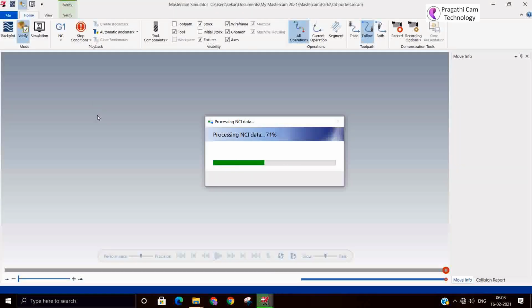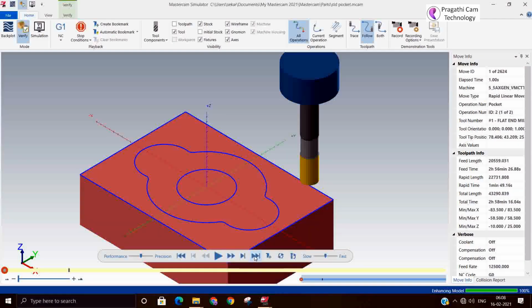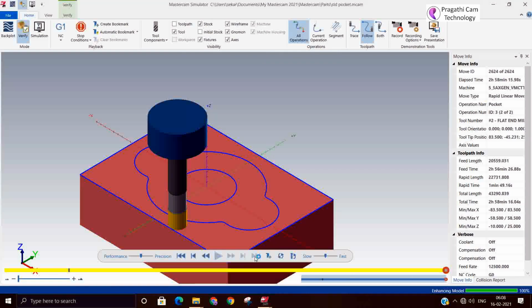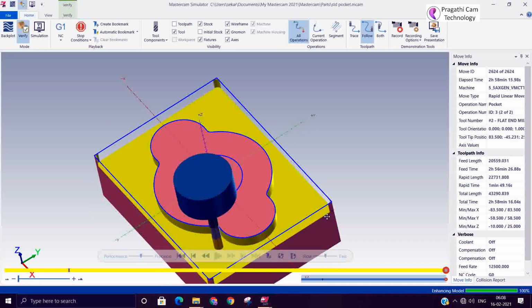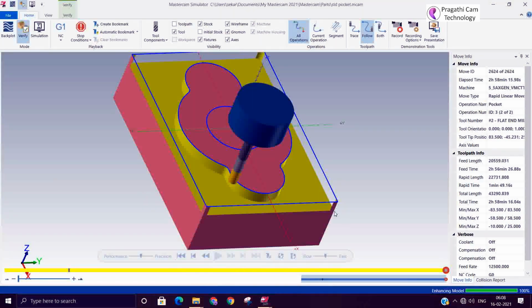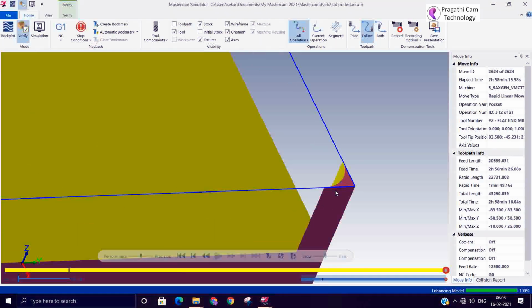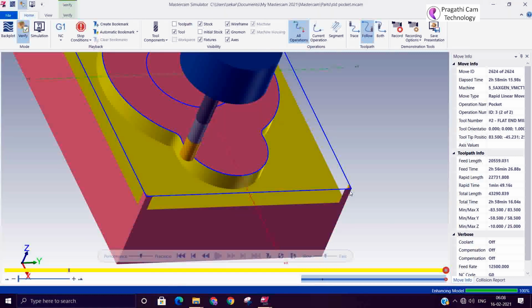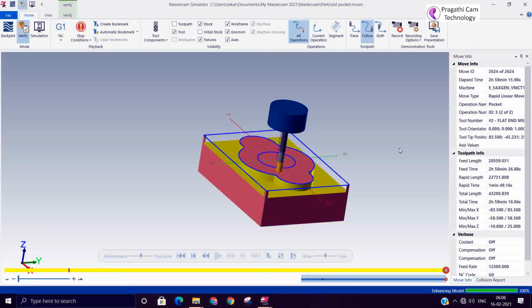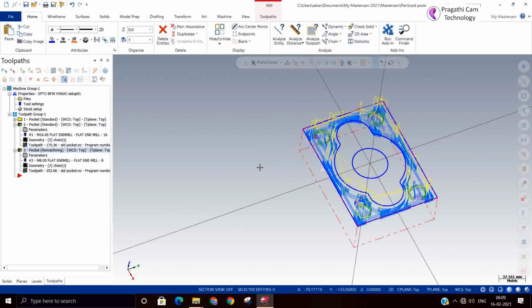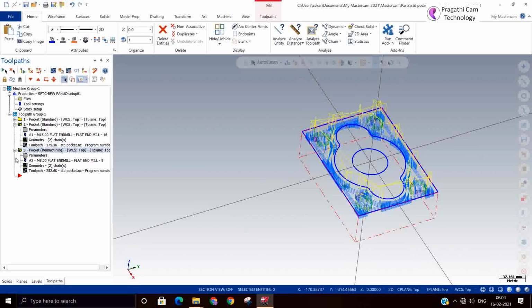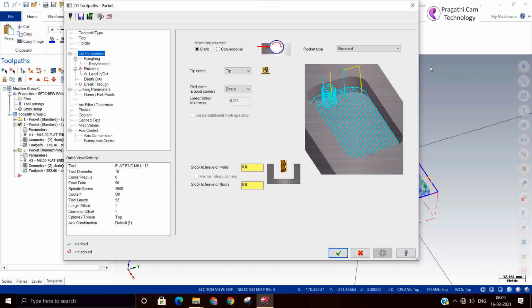Here also there may be chances it will lose material at the corner. You can see your present cutter diameter definitely leaves material on the corner. So the meaning of rest machining is, wherever the big cutter leaves material, only that material you want to remove, you can use this rest machining.